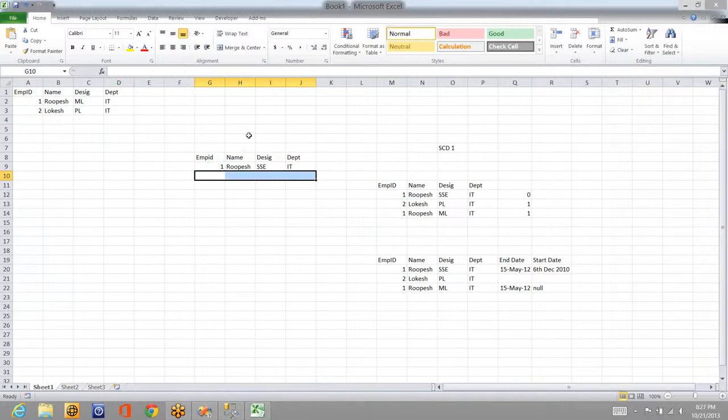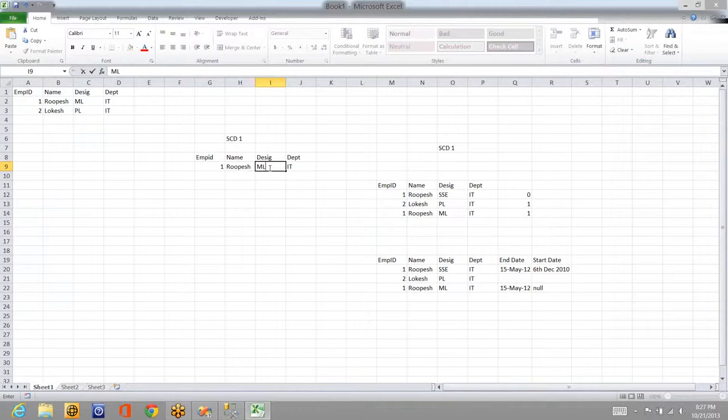Now let's see SCD type 1. We have seen SCD type 0 now, right? So SCD type 1, how this guy behaves. If you define a table as SCD type 1, then it will take this. It will check whether it is available here or not. If it is available, then it will check for the columns, whether the value is changed or not. If the value is changed, it will come and update it.